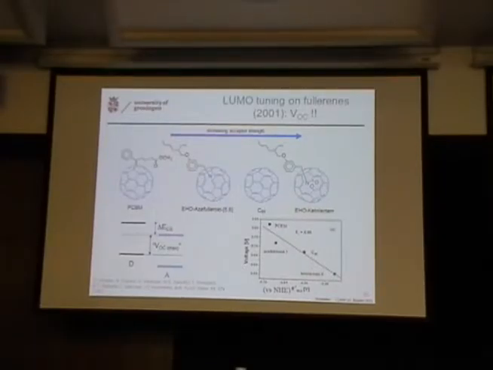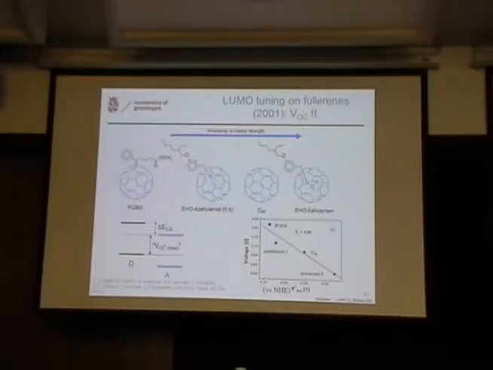Right? So we made PCBM, we had already this azafulleroid, we have C60, and we have this oxidized azafulleroid that you know that is in this skin cream, and so that is the same kind of molecule, but with a little bit less of a tail. And these three are quite soluble. Of course, C60 is not very soluble, so that was a little bit difficult. But then at that time, the only group in the world that made solar cells was in Linz. They made the solar cells with these four compounds, and they looked at the VOC